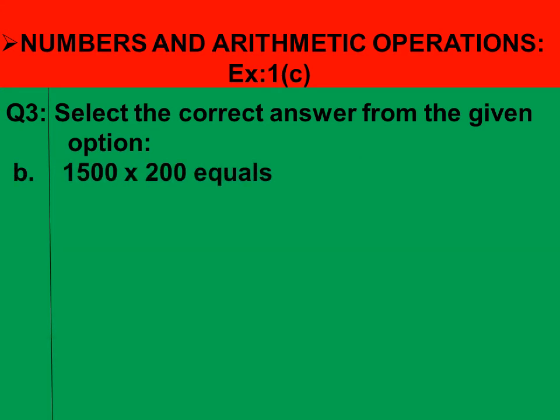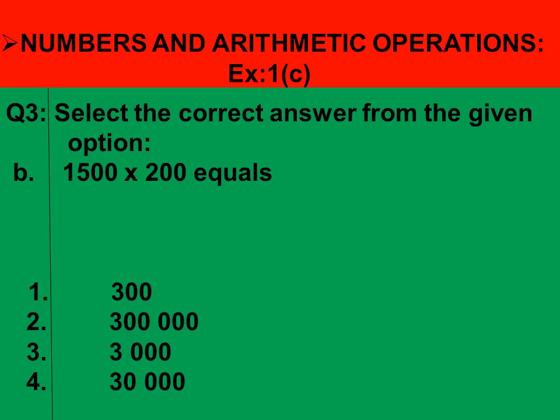Now we will move to the second part. In the second part, two numbers are given with a multiplication sign. Okay, and the statement is that when we multiply these two numbers, it equals to, and four options are given. So what will we do? We will first multiply these two numbers. When we multiply the given numbers, we will get the answer like this. Okay, now at this stage, we will match our answer to the given options. So let's see. Yes, the option at second number is correct.